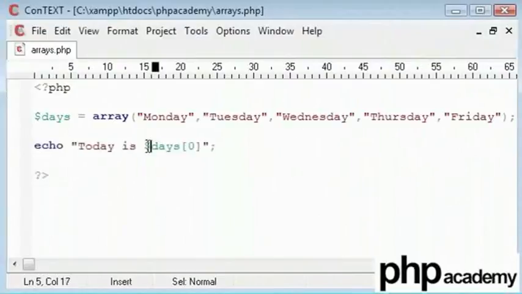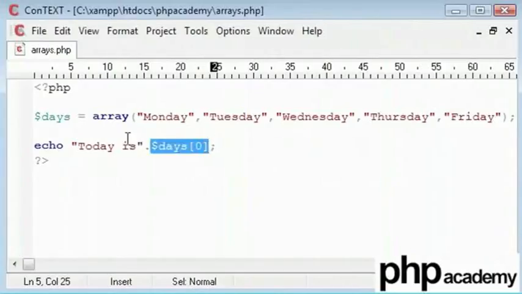Now don't get confused. I do recommend you to use contexts. However, this isn't the standard way that the compiler recognizes the coding. What would look better is, when we write it down here, we could say echo days and 0. You can see how that's in red to show an integer, a number. The way it would like you to write is like that, and we can see that's fine. But you can incorporate an array into your string in order to echo it out.